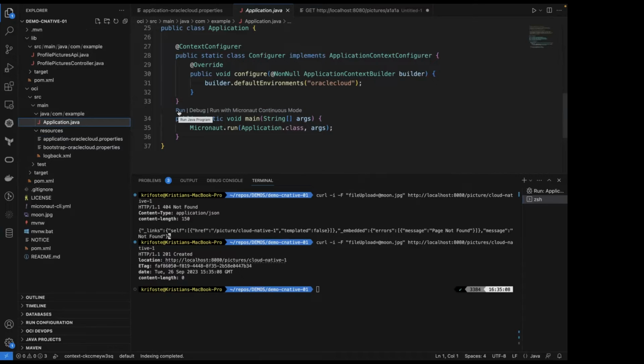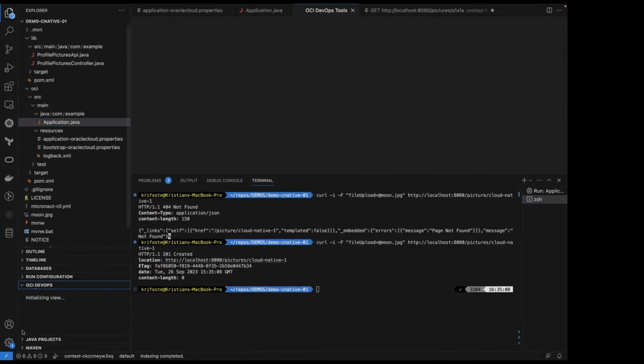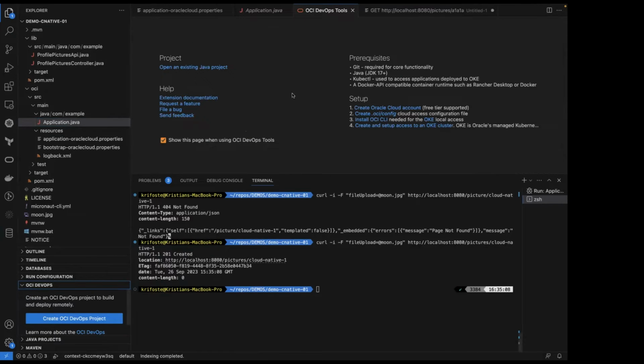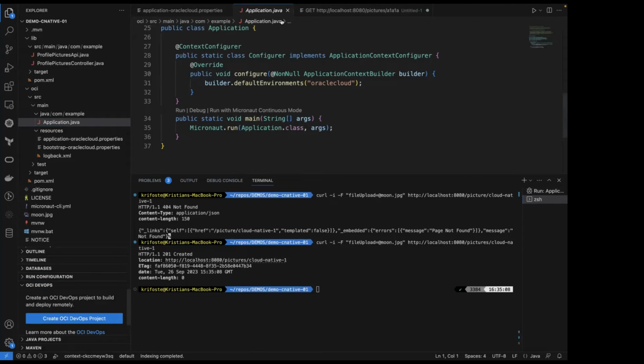So we've shown that it's easy to build one, that you can run it locally, and that you can talk to the cloud. That's kind of half the story. But the other half of the story is about pushing it to the cloud. It's one thing to talk to the cloud, but we also want to operate inside the cloud. We want to push our application to the cloud.